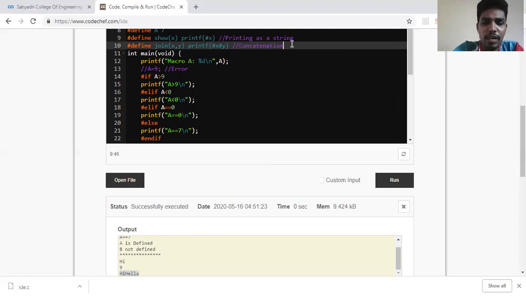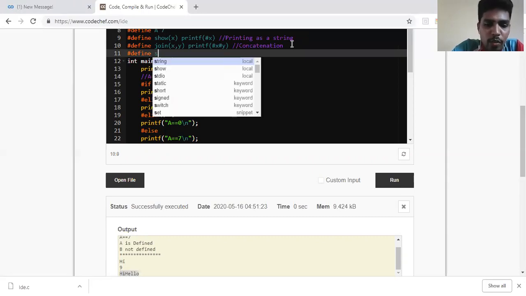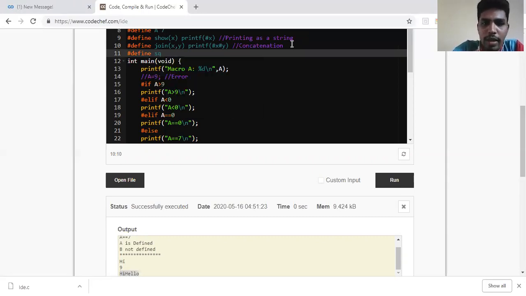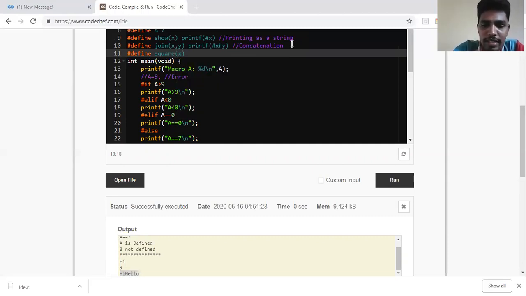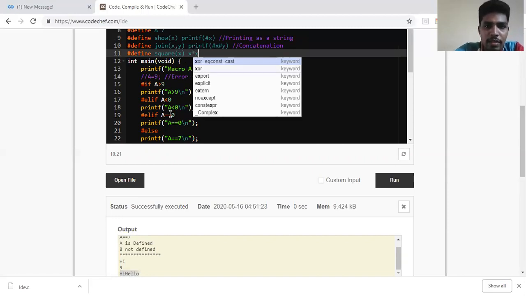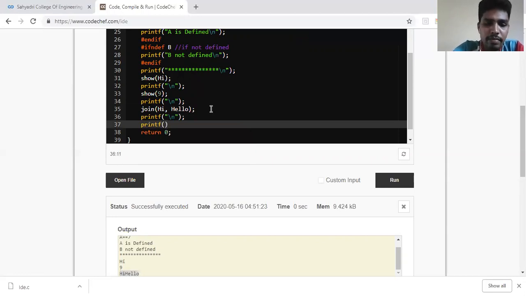Okay, so we'll see some more functions here. For example, I want to define a function for finding the square of a particular number. So I'll write square, and a parameter x. So the square of a number is x into x. Okay. So what I'll define here is, let me have a new line, and then I'll go for printf square of 7.